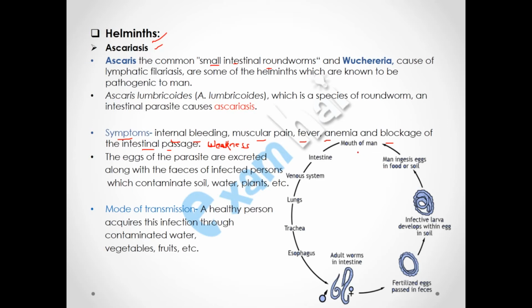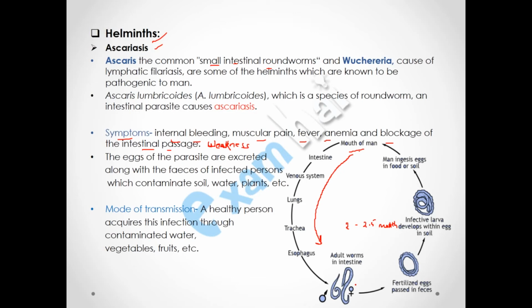So, through the mouth, these eggs were transferred into the intestine of a man, and inside the intestine, after a few hours, these eggs were hatched inside the host intestine, and tiny worms were released, which get mature after 2 to 2.5 months. After 2 to 2.5 months, these small worms get mature, and when they get mature, they become male and female,